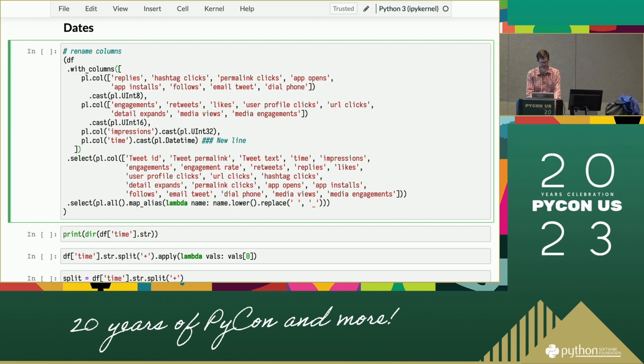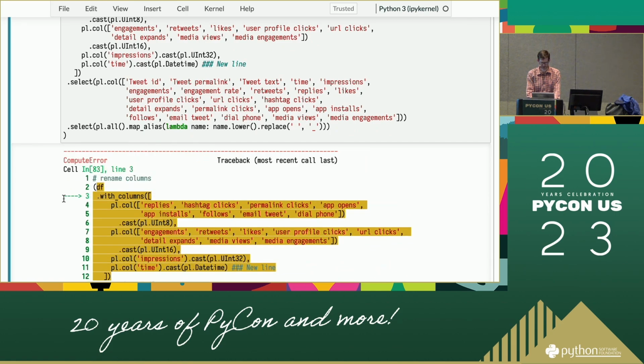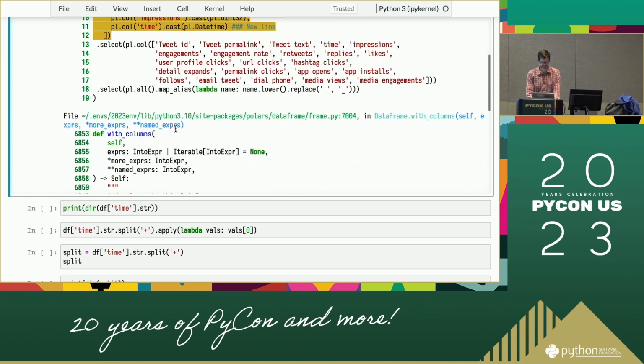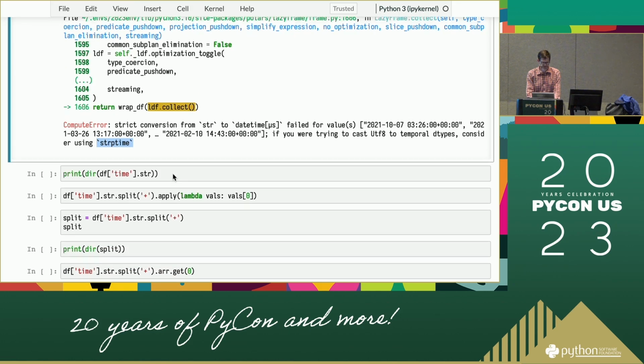So I'm going to say cast PL.datetime. So let's do this, and I get a compute error. So let's just look at this compute error. It says strict conversion from string to datetime failed for this value. And then it says consider using this str.strptime. Okay, so